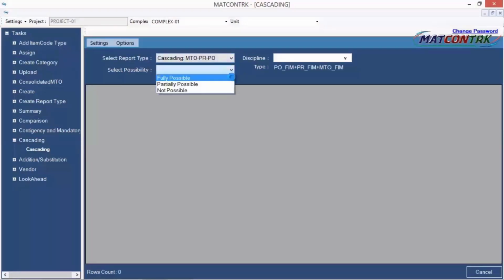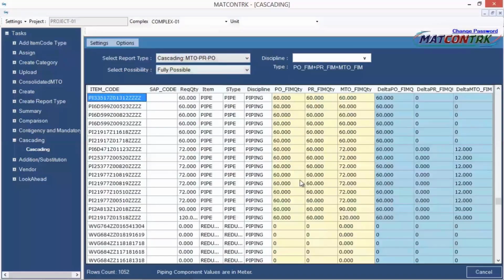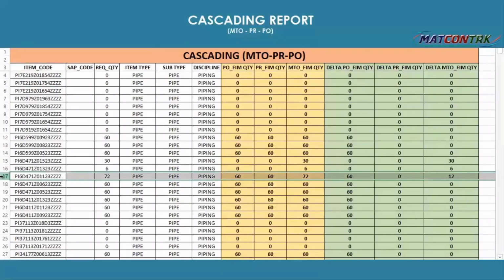Next is the cascading report. I have selected the choice to show me only those cascading values where the result is fully possible. For example, MTO, PR and PO, these three data sources are used for this cascading. The cascading report is showing us the information where quantity delta information is available.